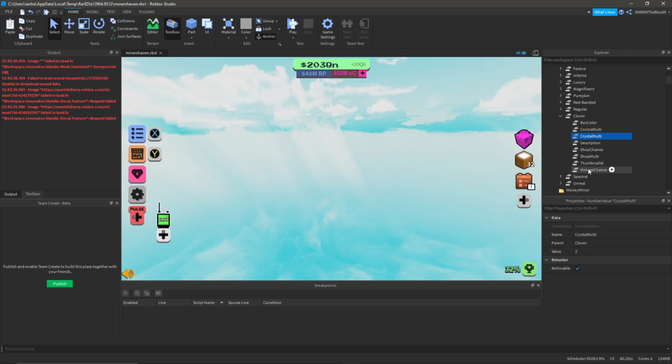Here's all the chances for your box. So if you want the shop chance to be like 100, then you just change this. If you want it to be 0, then you change it to 0. That's basically it. Vintage chance, those are like vintage items. So yeah,